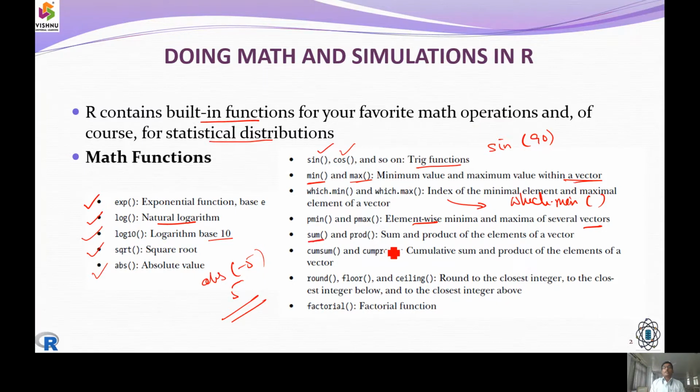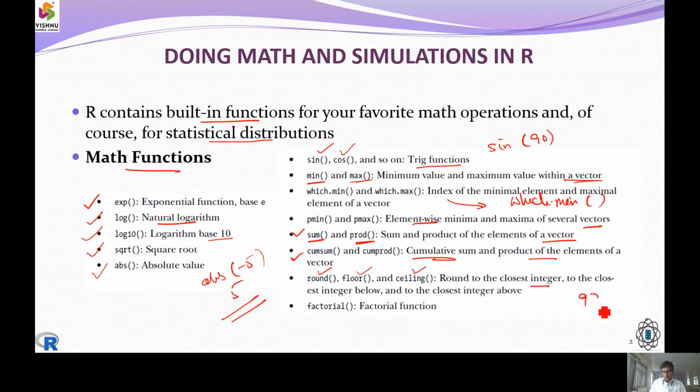Similarly, we can take a sum, we can take a product over a vector, so we use the functions called sum and prod. And we work on cumulative sums and cumulative products, that is element to element. The first element will be joined to the next and we get an answer. Then the second element and third element, we link them and get an answer. For that, we work with cumsum or cumprod. And there are some core mathematical functions which can be applied to get a rounded value, a floor value, a ceiling value, so that we choose the nearest value.